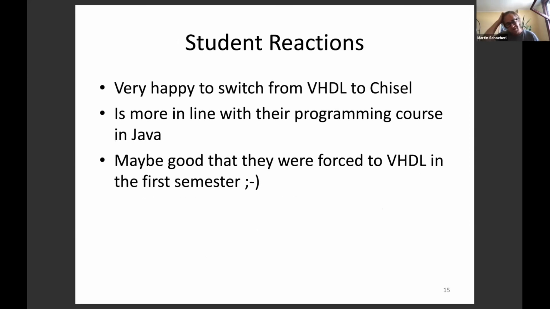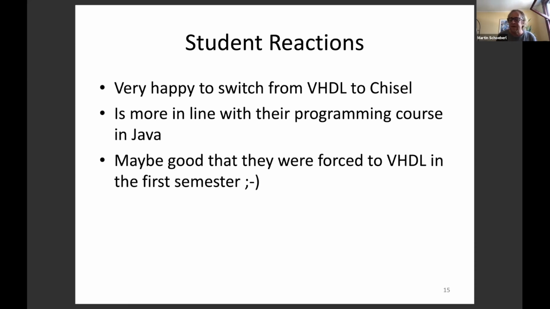Good. Student reactions. Most of them, I think 95% something, were very happy to switch from VHDL to Chisel. This is way more in line with using Java. Scala you could say is Java++, a little bit different syntax of course, but it's Java plus functional programming, and Chisel is on top of Scala.